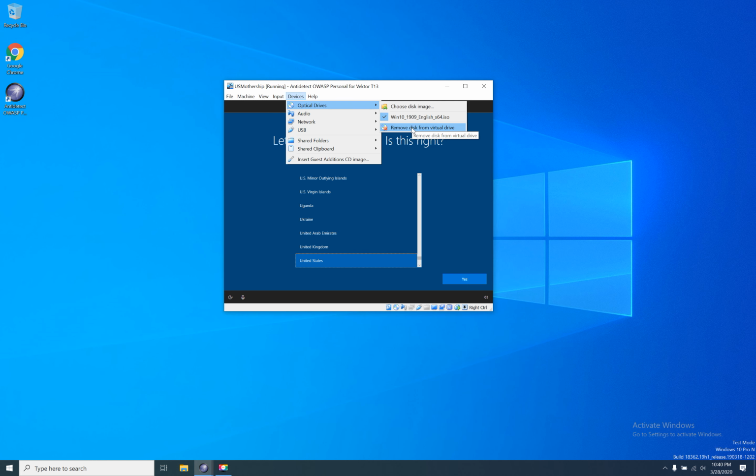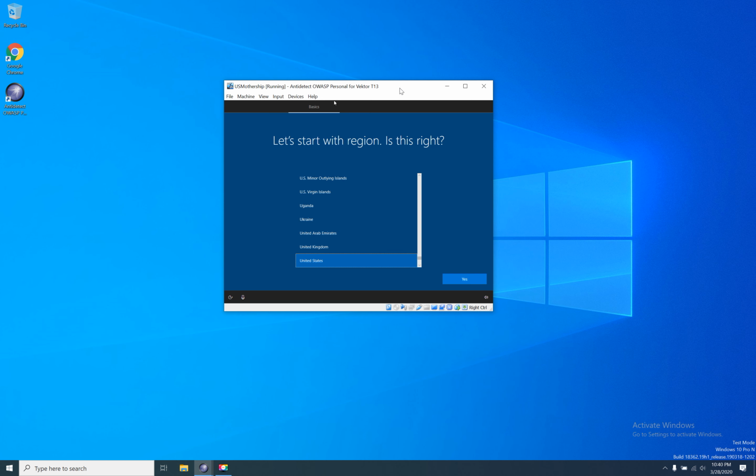Click on remove disk from virtual drive. After that, you see everything goes okay and our virtual CD-ROM is empty. So now we need to set our regional data. We choose United States, click next, and after that we need to choose the keyboard. The keyboard we will also leave as US,